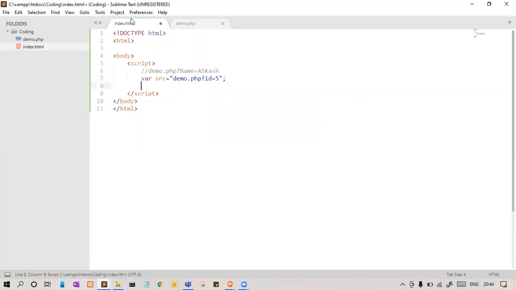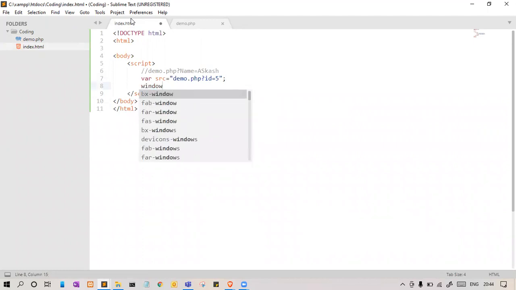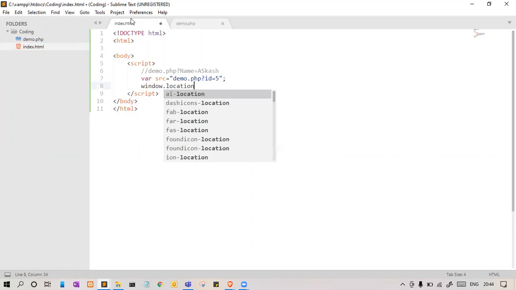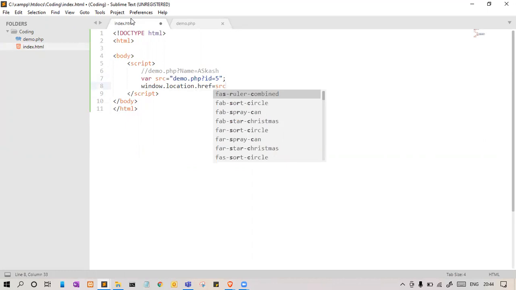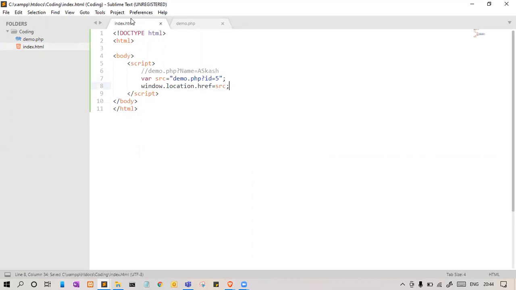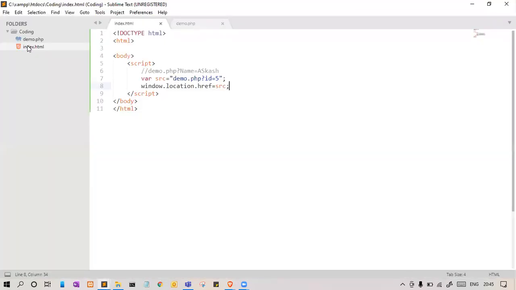How do we send data from here? There is window.location.href, and the reference here is source. Let us see whether our data is passed to demo. Yes, we have given id equal to 5, and you can see the id is equal to 5 here. Like this, we can pass the data.